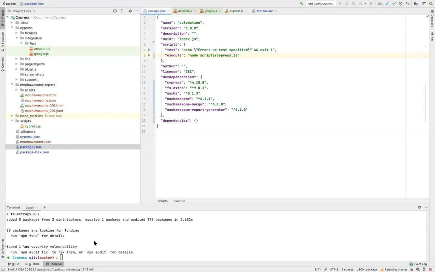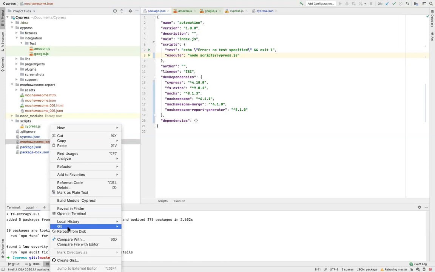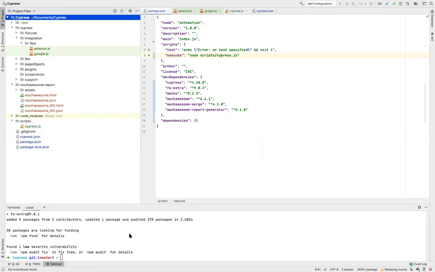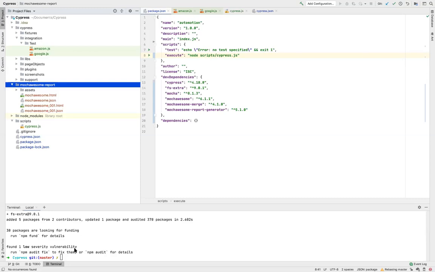Okay, and after this, I'm deleting this just to be doubly sure that my tests are running fine and not carrying forward the previous run. Since we have already given the command to delete this folder, I am not deleting it again.